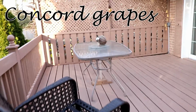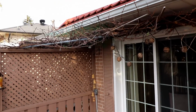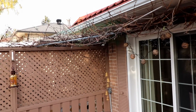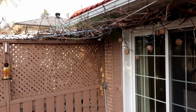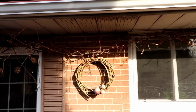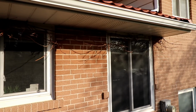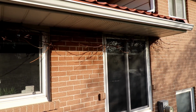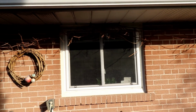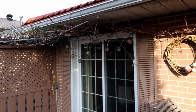And I will show you my grape plant. It continues over the lattice on the side of my deck. And then I made a little canopy here, where we like to have a chair underneath and sit during the summer. And you can train a grape plant whichever way you want. I wanted it to grow over my kitchen window, so basically the plant ends over there, and it requires trimming. It requires trimming a few times during the summer. It grows very well,